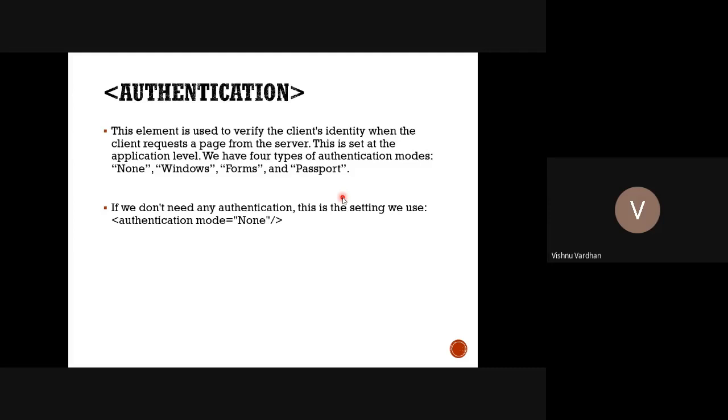Okay, so whether they are registered users or they are part of your customers, how do you want to recognize them? For that we need to first of all authenticate. So how to go about the authentication? You can basically set different settings. One is the none mode, that means no authentication is required. That means anybody who is getting anonymously connected to your web application can be given the privileges. So in that way the application is actually understanding.